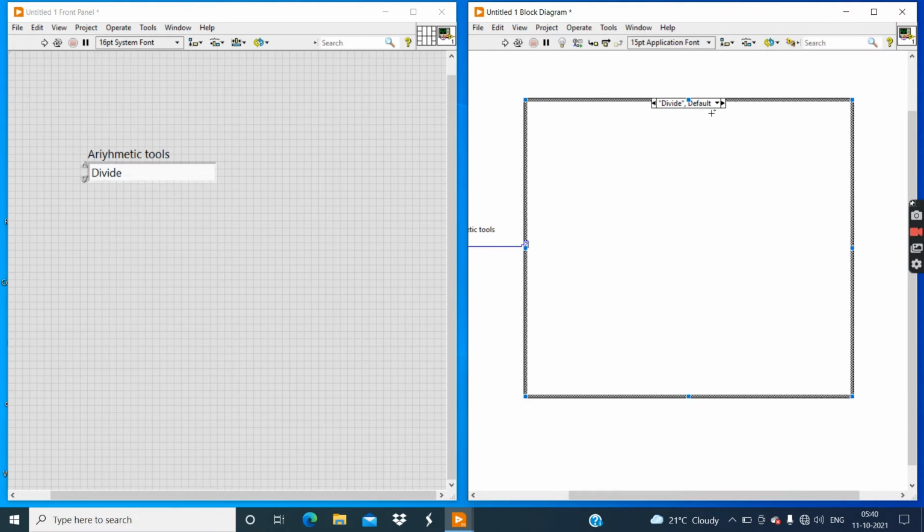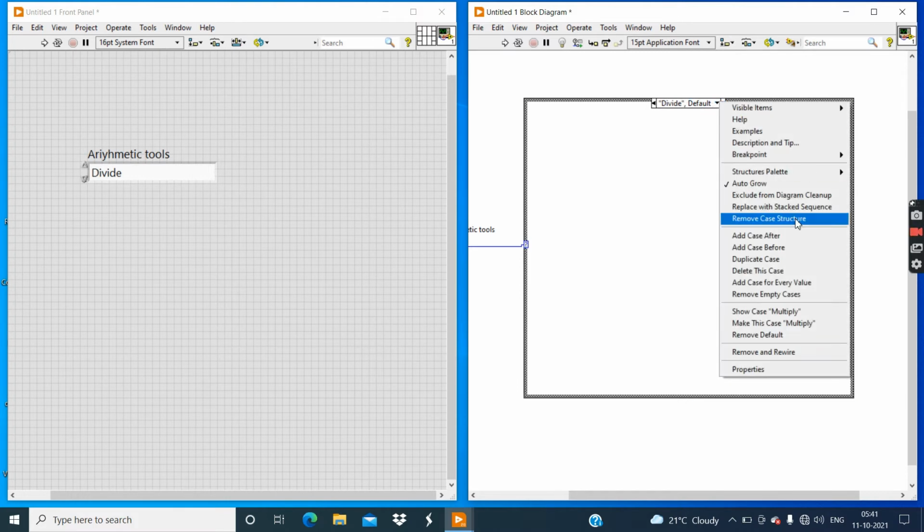Now guys, you can see the name of the cases, that divide is the default case. Left click on this and now you can see that right now only two names are visible, but we know our enum data type has four options. So for that, right click on this label and click on add case after.